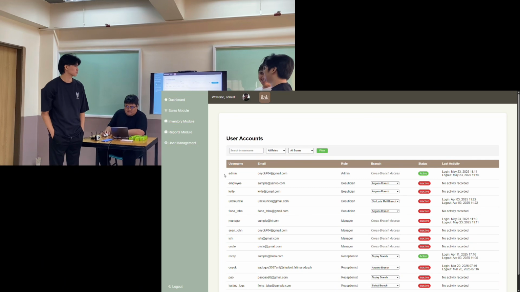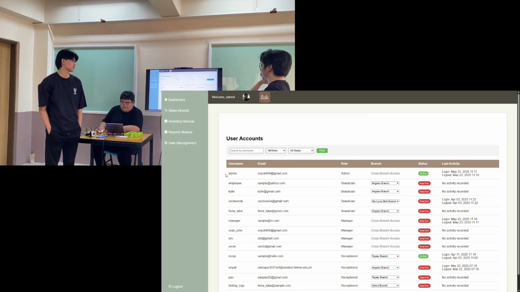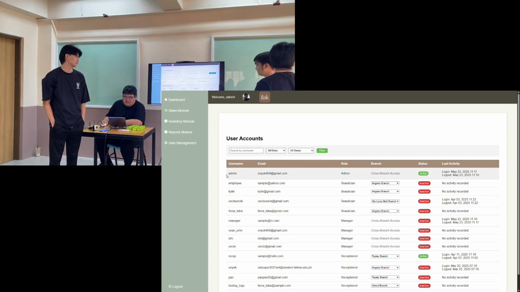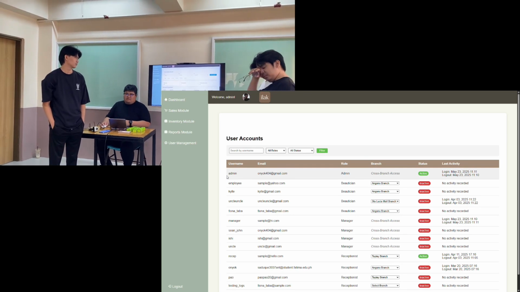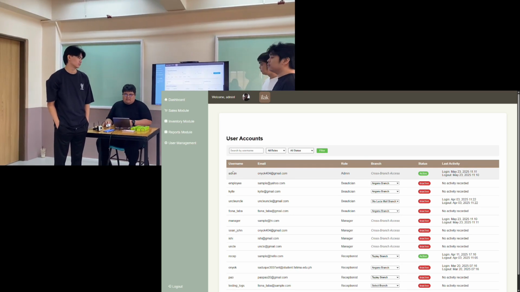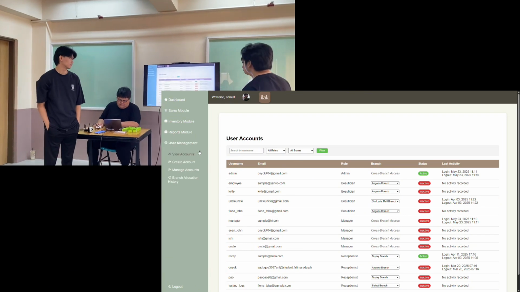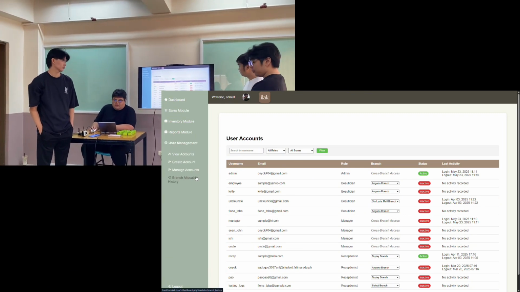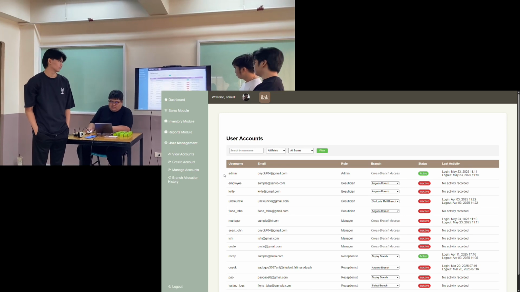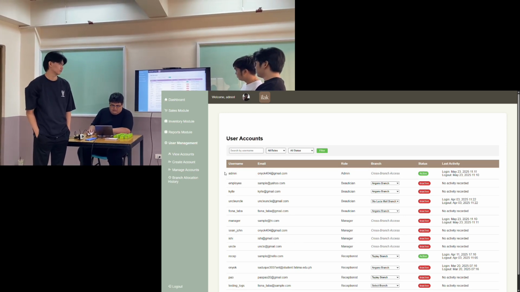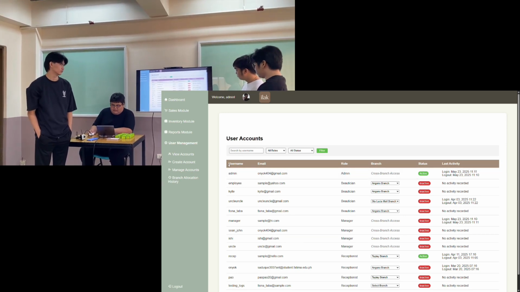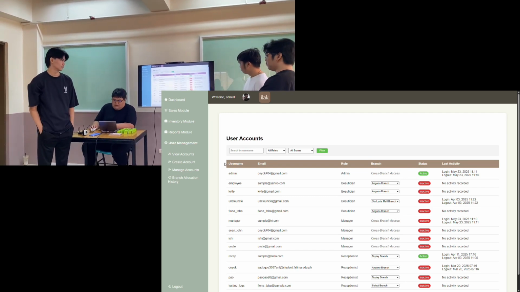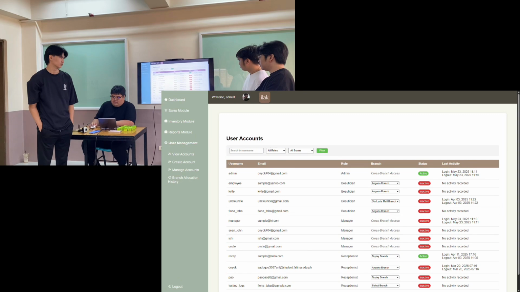As you can see, the user management has sub-modules like view accounts, print accounts, and manage accounts, and branch allocation. First, let's see the view accounts. Here, in user accounts, you can see the usernames, the admin's employee, and then their email, and then their role. Branch, for example, Angono, Central Sia, and Taytay, and then their status.